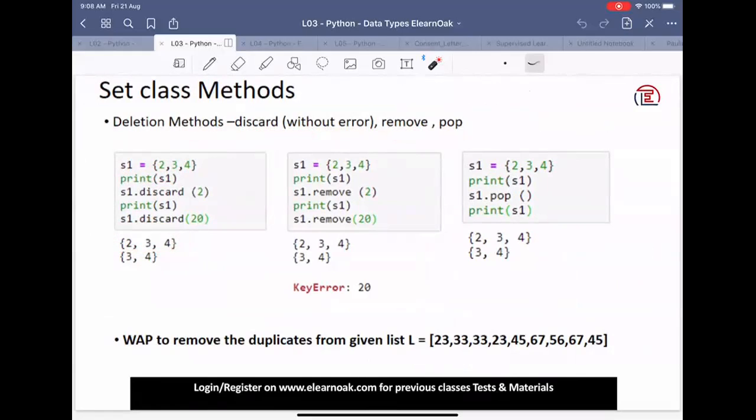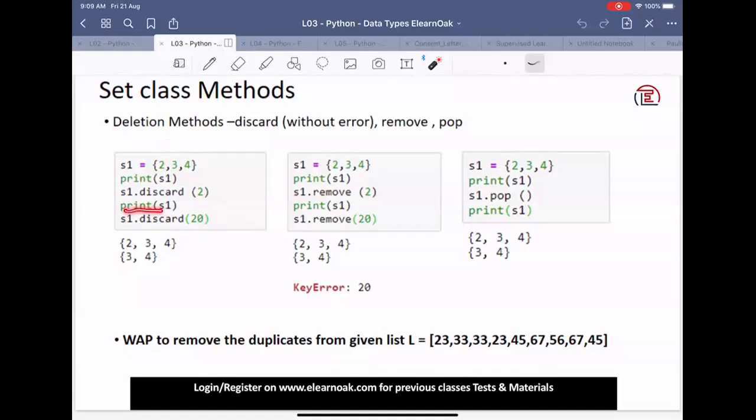To remove an item, so let's say you want to remove this value 2, we can use the s1.discard function. s1.discard(2) deletes for us the value 2. So remember, the value that we are putting is the value you want to delete. We cannot put the index location. The reason we cannot put the index location is sets are unordered, so there is no index location as such. When we put discard value, it will take the value 2 and discard it out of this set.